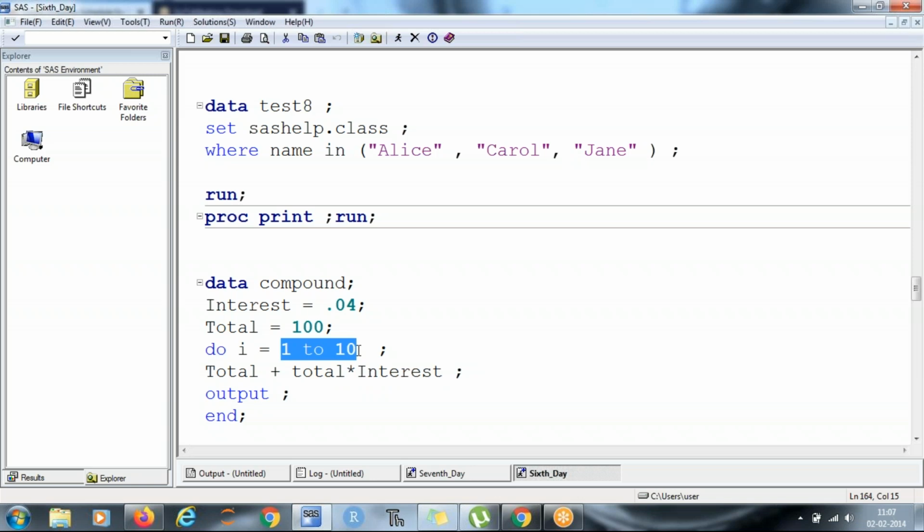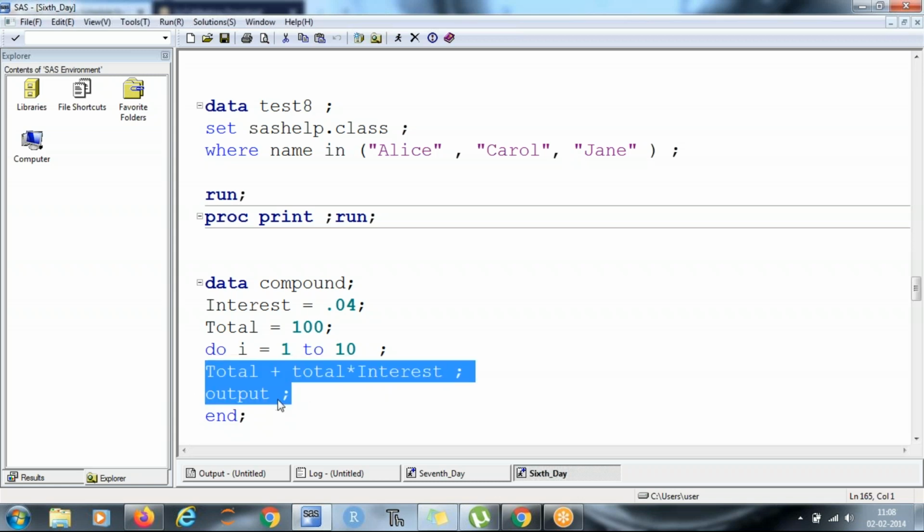Then a statement, and you all know: total = total + interest. So what will happen? This calculation will be done and the output will be assigned to the variable, because we did yesterday that a sum statement can achieve this.